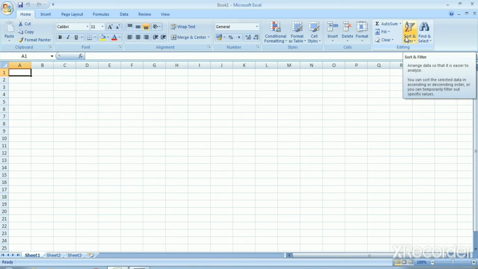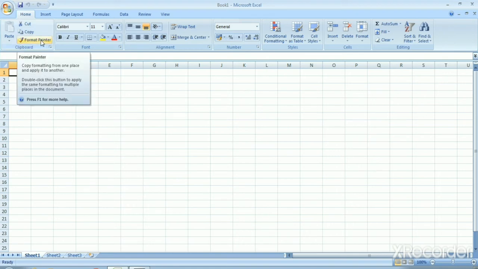Then the bar below the title bar is called the menu bar. Excel provides options in the menu bar, and we can select the appropriate option to perform an operation. The next toolbar is the standard toolbar. Excel provides a toolbar with buttons which graphically represent the frequently used commands such as copy, paste, save, etc. You can keep your cursor on an icon for a few seconds and you will see a yellow box which shows what the function of that tool is.